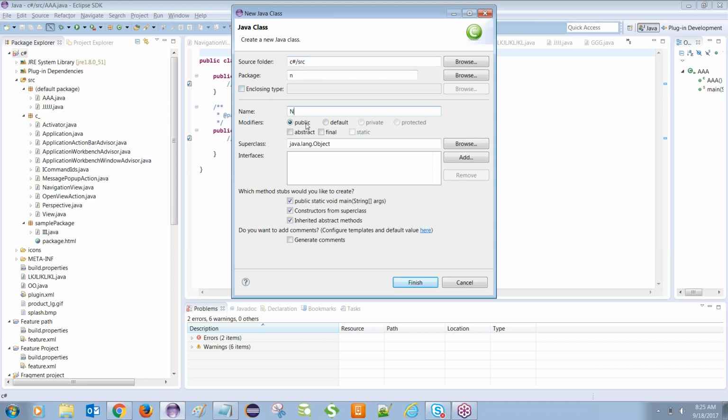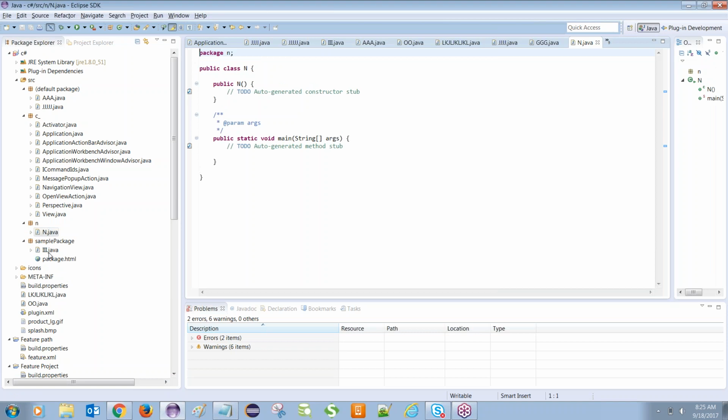What I'm doing, I'm creating the new class. This class should be created under this package, which means I am giving the package name under which my class should be created. Now just click on finish. You will see that